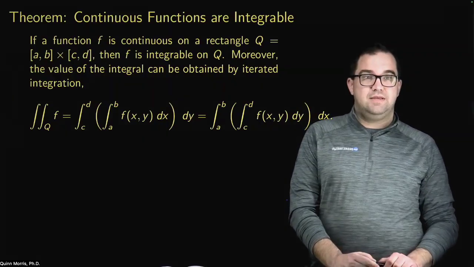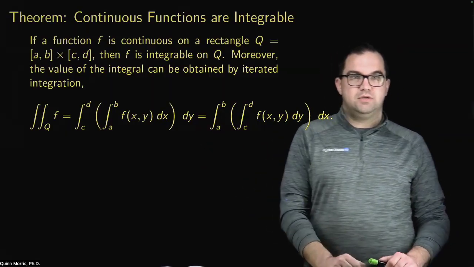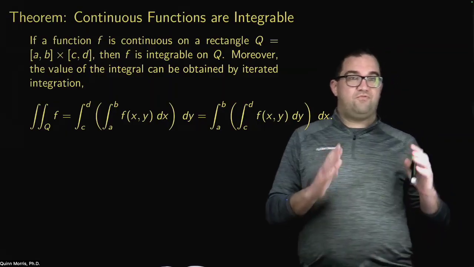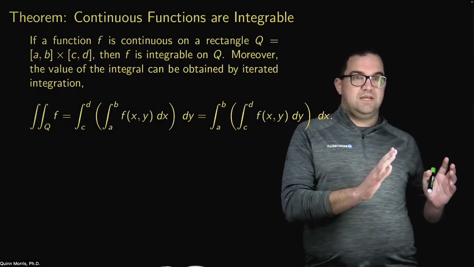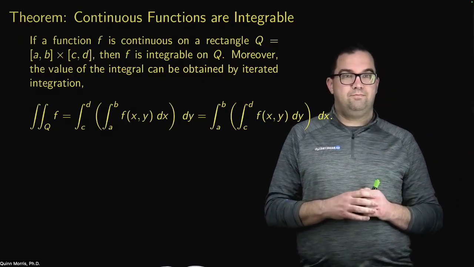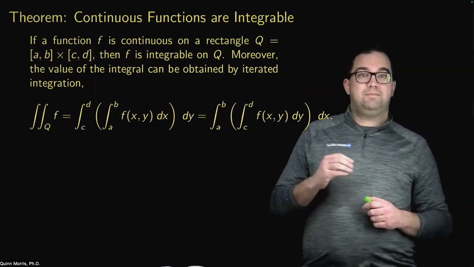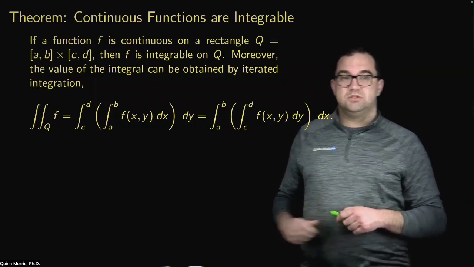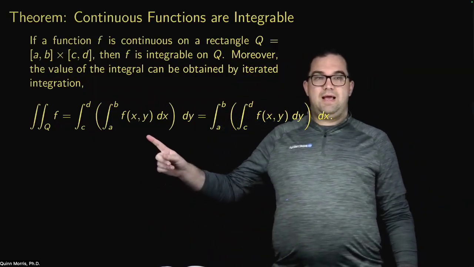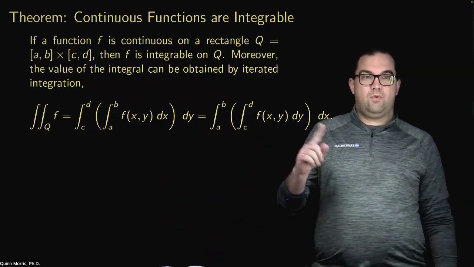So if a function f is continuous on a rectangle Q, again, this rectangle Q is just [a,b] cross [c,d] as before, then that function f is integrable on Q. So that's the first part of this theorem. If my function is continuous on this rectangle in R2, then my function must be integrable on that rectangle. The second part of this theorem says, moreover, the value of the integral can be obtained by iterated integration, so that the actual value of the double integral of f over Q can be written as first integrating with respect to x and then integrating with respect to y, or integrating first with respect to y and then with respect